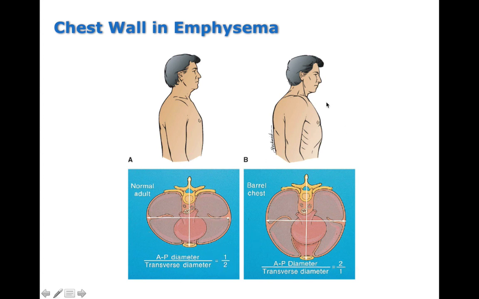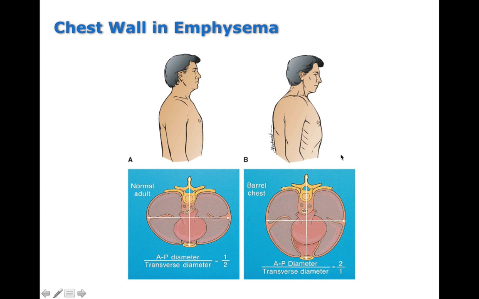But in individuals with emphysema, because they really have to strain to ventilate due to loss of elastic tissue in their lungs, we see that they have hypertrophy of the muscles involved with forced inhalation. For instance, their sternocleidomastoids get big, their scalenes get big, so do their external intercostals, as well as the ribs get larger, and they get this large barrel chest. And this is pretty characteristic of